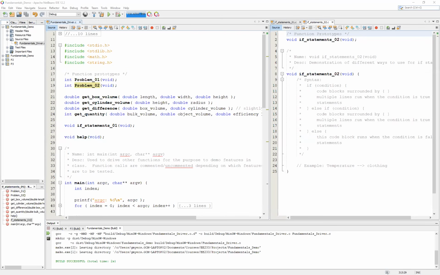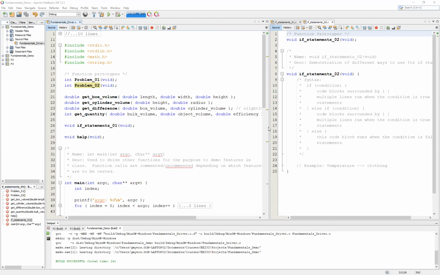Hello and welcome. In this video, we are going to take another look at flow control using if statements in the C programming language. Specifically, this video is part of a larger series of videos that focuses on the fundamentals demo of the C programming language. And this little mini series focuses in on the syntax of our if statements, again, in the